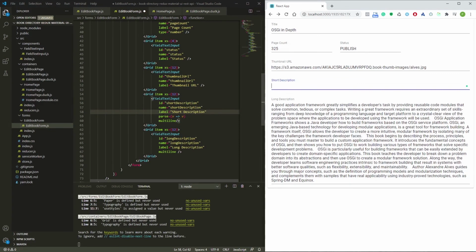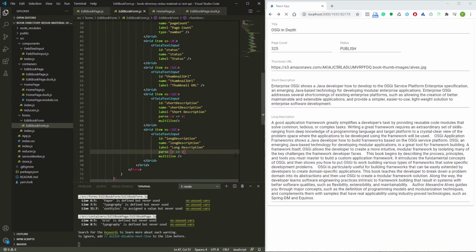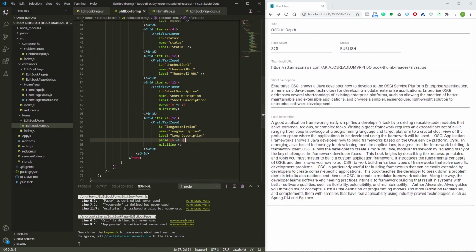But you can go and check what exactly it does. So this parse thing, what it does is that it will always give us the value even if we don't have any type of text here. Okay, now